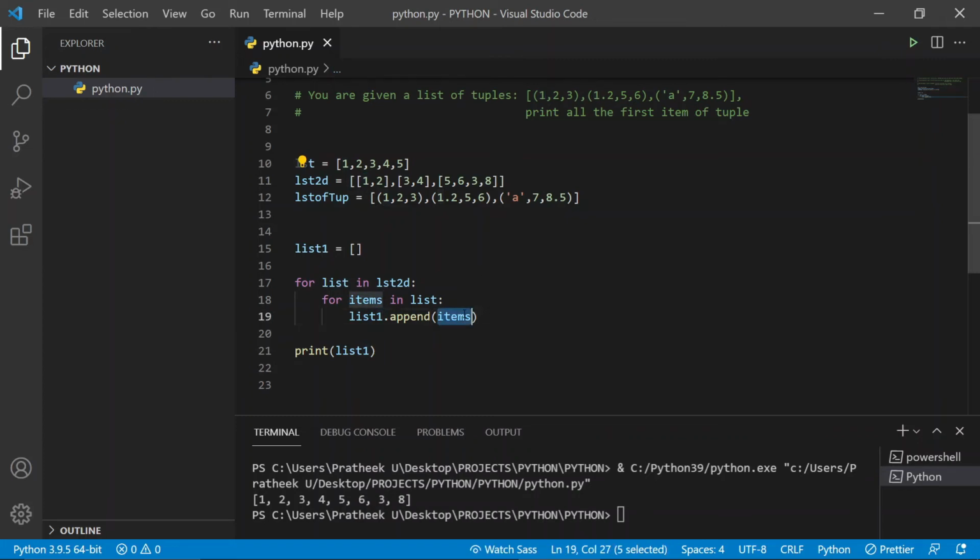Now 1 will be appended to the list. First it appended 1, then it went to the second item from the list, which is 2. It appended that, and since there are no more items, this for loop will be over and it will come back to the parent list. Now in the second iteration, the list would